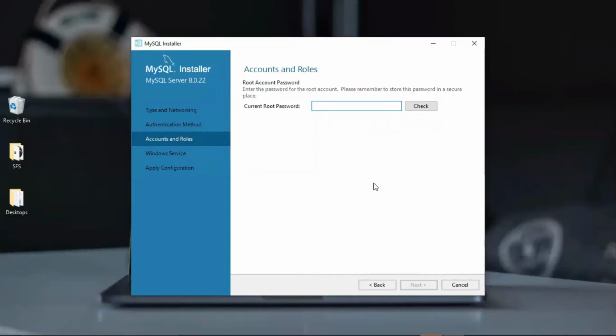And it is asking for the password. This password should be remembered. So I am writing a password, that is tiger. Tiger is my password. So click here to check.